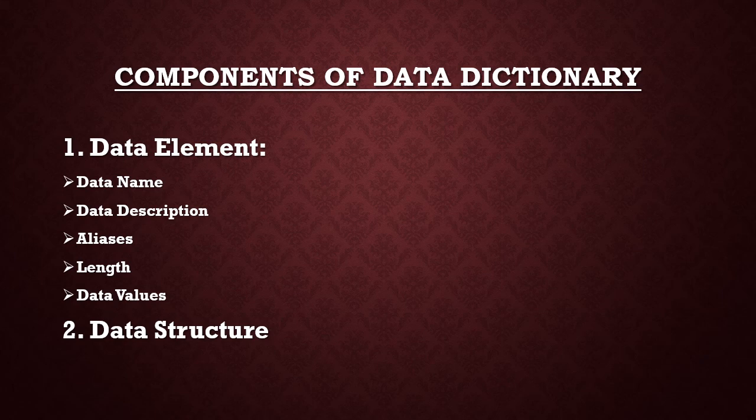Next we talk about data structure. Data structure describes all the data items present in the database and how they are related to each other. It also represents the data flows and the data stores. For example, we have an expression x = a + b. The meaning of this expression is that x consists of data elements a and b. Like this, it represents the meaning of the symbols, so that it becomes easy for us to recognize that particular item.